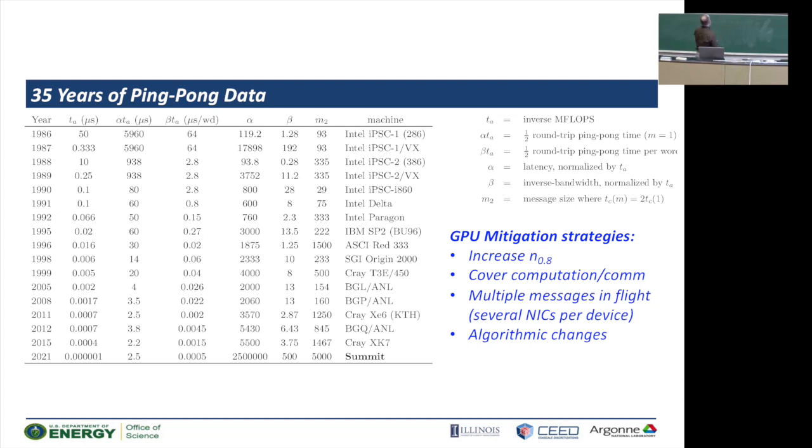This is Summit on the bottom. This is the rate, the inverse flop rate. So I mentioned the iPSC 286. It was 50 microseconds to do a flop, and then when you added the vector accelerator, it was 0.33. On the 386, it was 10 microseconds to do a flop, and the accelerator sped up a little bit to 0.25, and so on and so forth. But look over here with the impact on